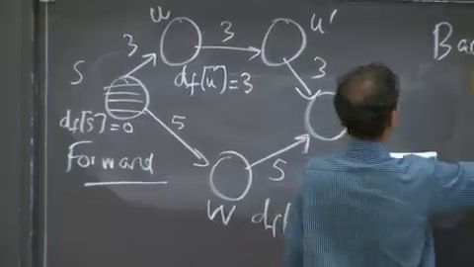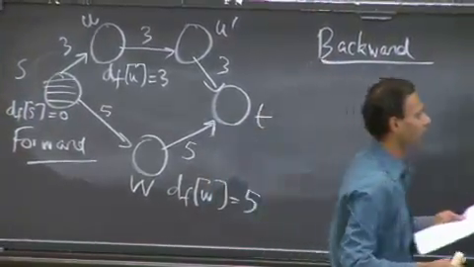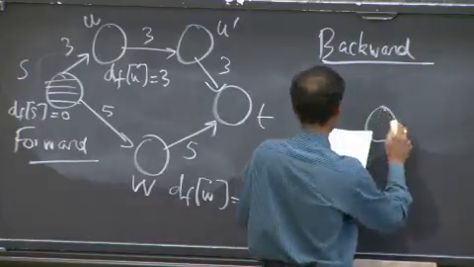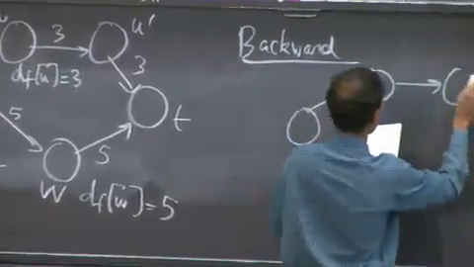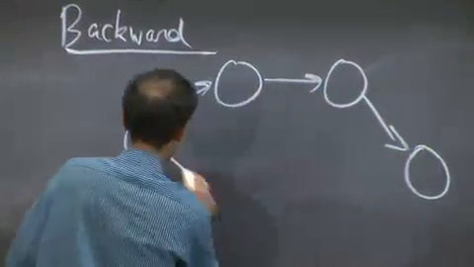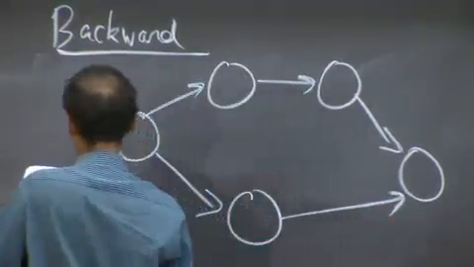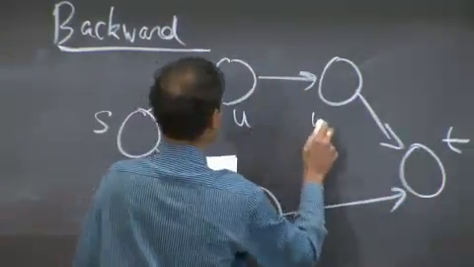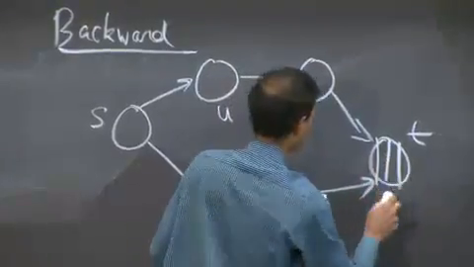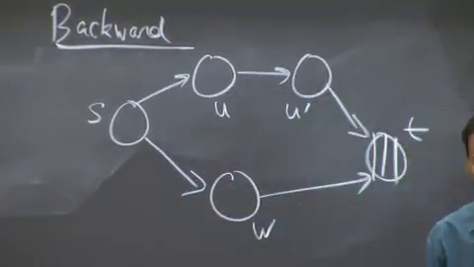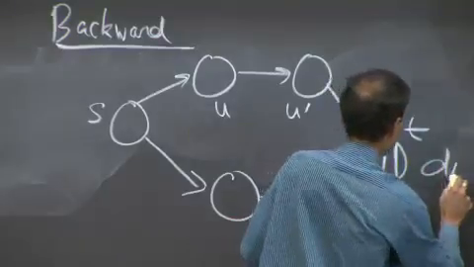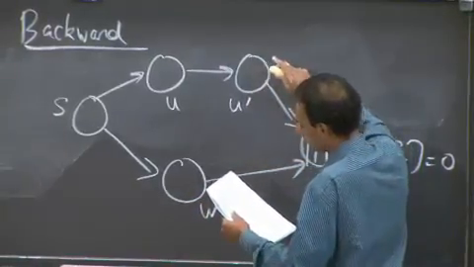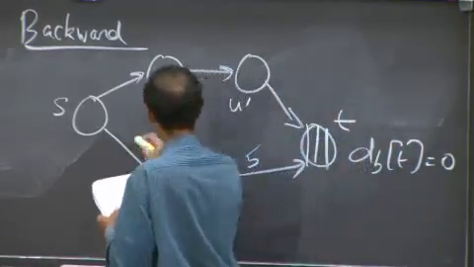Now, let's do the first step of backward search. Alternate, remember? Alternate forward search, backward search, forward search, backward search. I'm just going to write this out again, so bear with me, because I think it'll be clear if you see this graph many times, as opposed to my erasing what I've written. So I've got S here, T there, U, U prime, W. And I'm going to hash this vertex vertically, because that's my backward search. And dB of T equals 0. Okay? And I'm going to follow this backwards and this backwards.